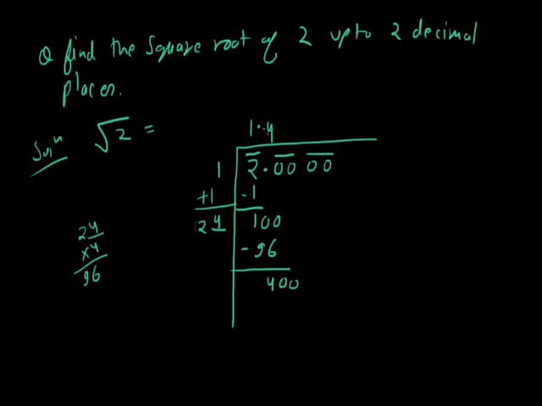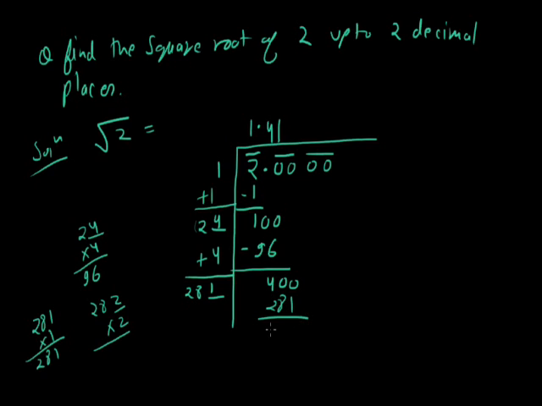Now in 24 I have to add the quotient, that is 4. 24 plus 4, that is 28 with a blank. Now if I write here 2, so I have to multiply it with 2. So when I multiply 282 with 2, the number becomes more than 400. So that's why I have to write 1 only. So I get 281. So 281 into 1, that is 281. What should be the remainder? 119. So the value of root 2 up to 2 decimal places is 1.41. So this is our required answer.